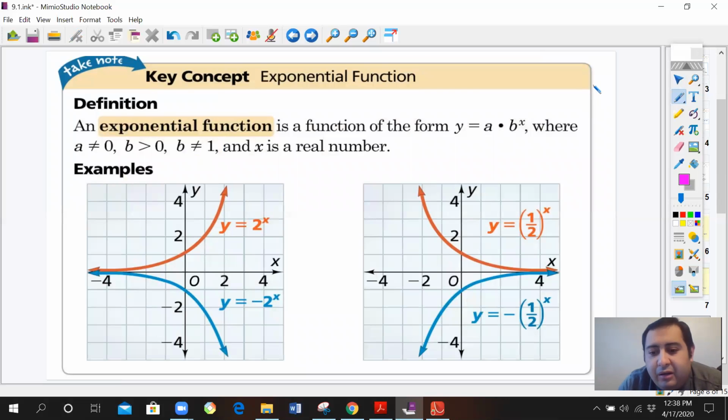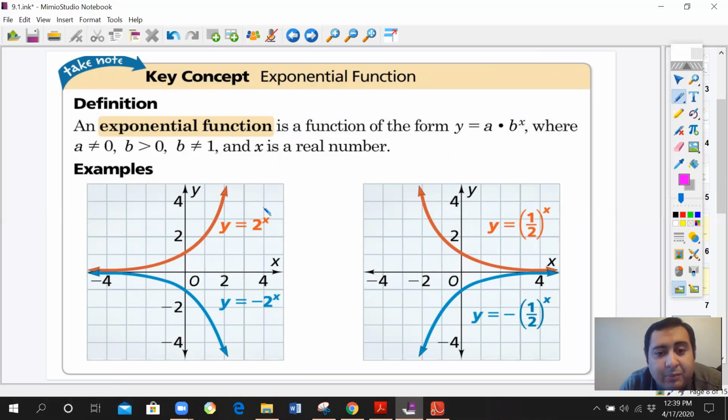All right, another thing that you need to keep in mind is that an exponential function is a function of the form y equals a times b to the power x, where a is not equal to 0, b is greater than 0, b is not equal to 1, and x is a real number. So these two are just different types of graphs. Let's suppose you have